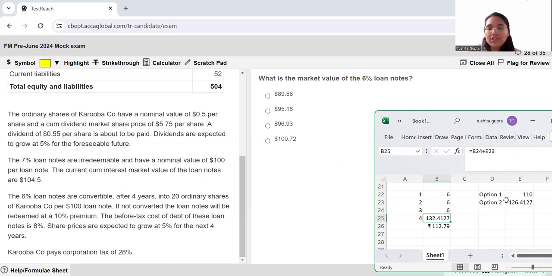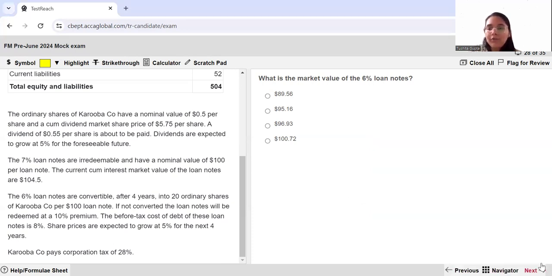So it's going to be interest plus this value in the last year. And then you work out your NPV at the rate of 8%, which is the before tax cost of debt, and then select all of the values. This should be your final answer. Moving ahead,